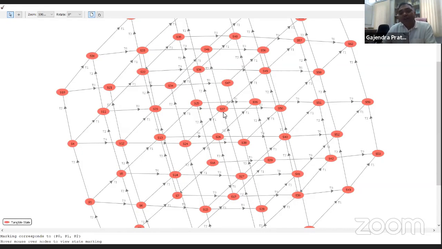If I change the token from 1 to 3, a very small change, with 3 places and 3 transitions, now look, we can see how the exponential growth occurs. And we can also consider, for a given graph, that is the open problem: for a given known graph, can we find a Petri net, at what marking, how many places, how many transitions, and what arrangement of arcs, that gives this graph? We can also see it in reverse.